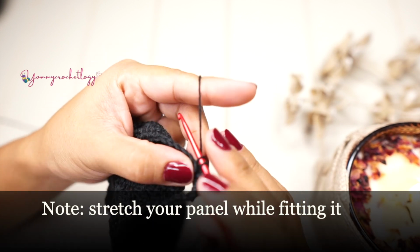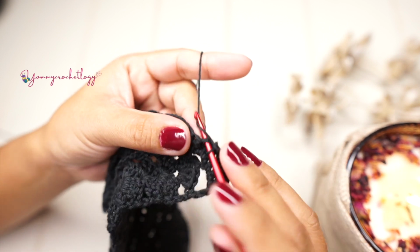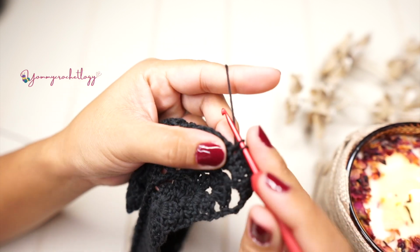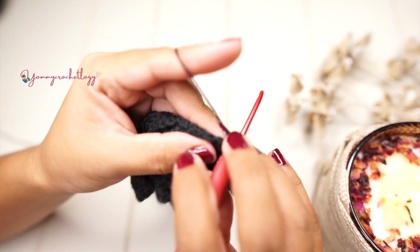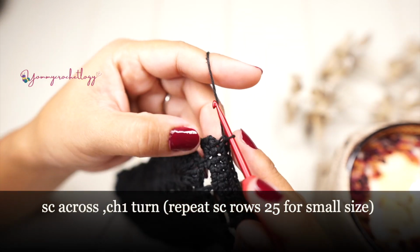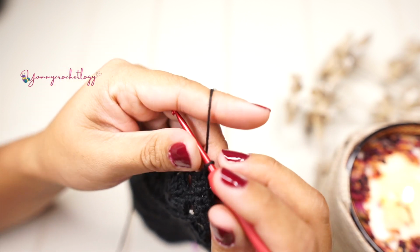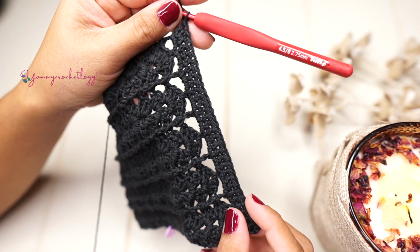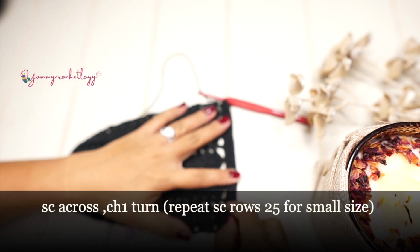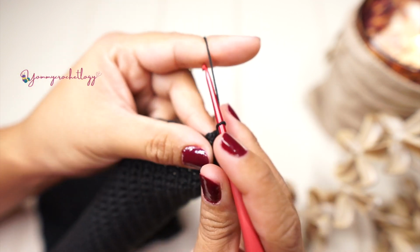We're starting to make the side panel, so I have 25 rows, and that is for small size. And if you are in a bigger size, I suggest you fit your panel and stretch them at the same time so you see the full capacity of the stretchiness of your panel. So you just have to repeat the chain 1 and single crochet across, back and forth until you have your desired length for your panel. Okay, this is what it looks like, and you just have to keep repeating the single crochet rows. So I'm here at the end of our 25 rows,